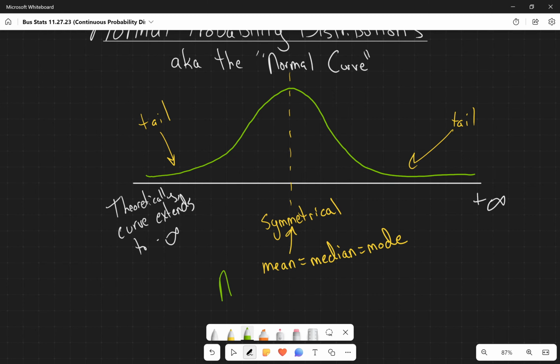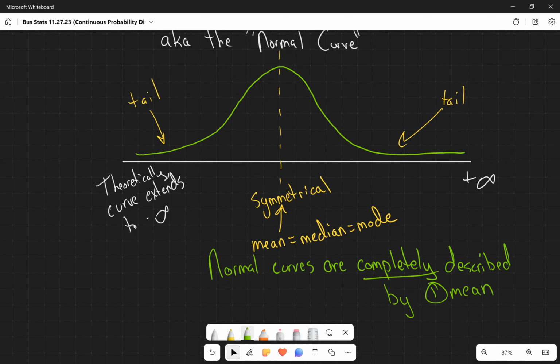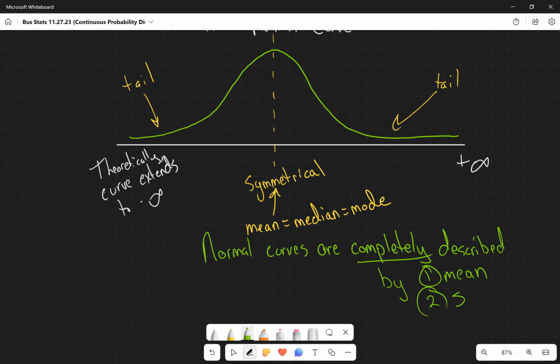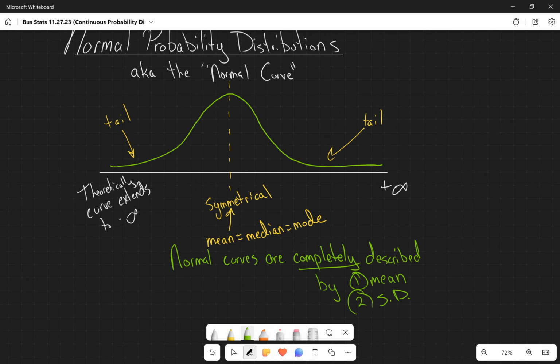That normal curves are completely described by their 1, mean, and 2, the standard deviation. So not all of the normal curves that we're going to be looking at are going to look like this, though. If we have ones that have less of a standard deviation,